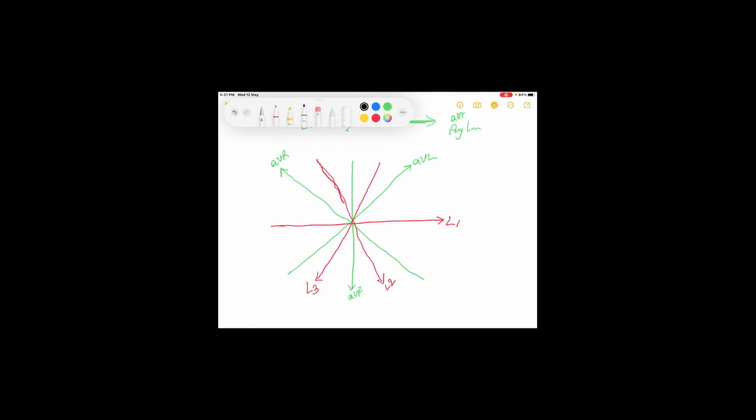Here each line is divided into parts by different degrees. Starting with lead 1, this is 0, plus 30, plus 60, plus 90, plus 120, plus 150, plus or minus 180, minus 150, minus 120, minus 90, minus 60, and minus 30. So these are the different degrees into which the axis system is divided. So now this is the axis system of the heart.